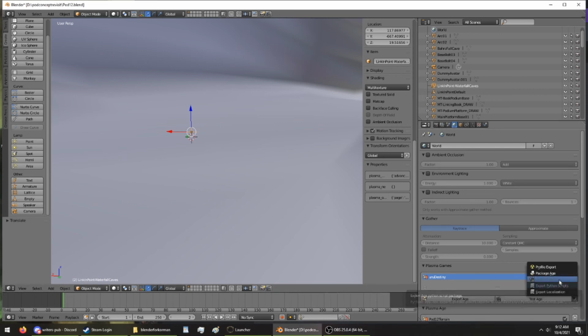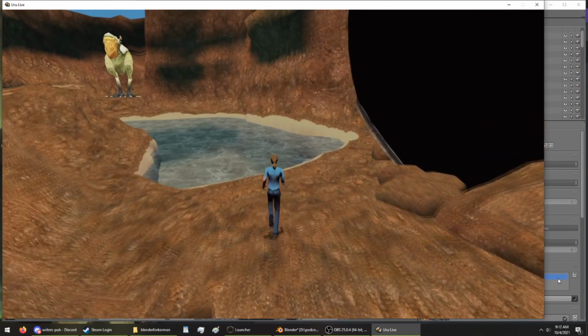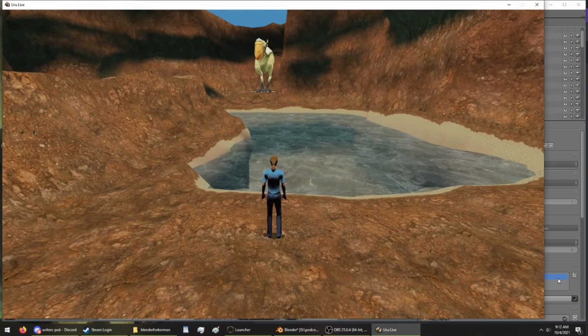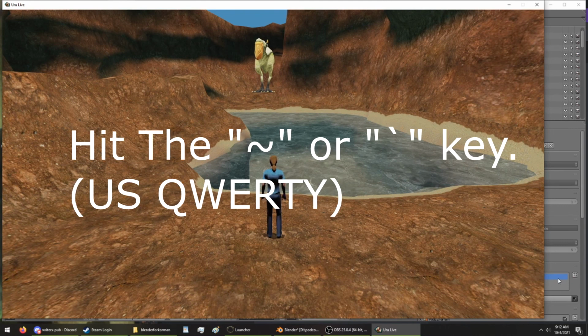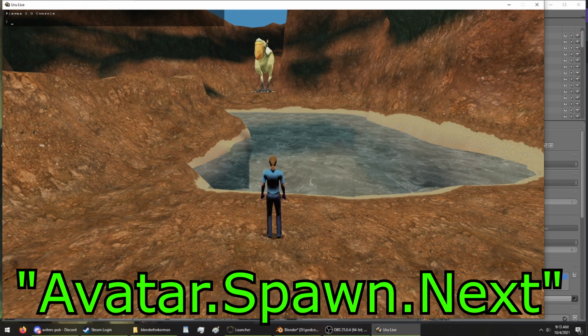Now, when I launch the age, here is your first Python internal URU console command. Hit the tilde key on US QWERTY keyboards. That's right next to the one above the tab key, and it'll bring down this thing. There are other commands for other keyboard settings. I'm not quite sure what those are. I will check for those later. But anyway, we're going to type in